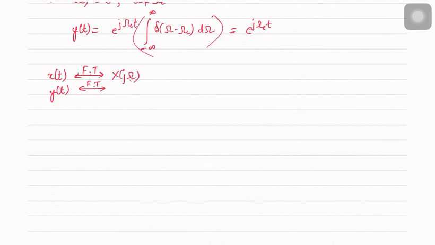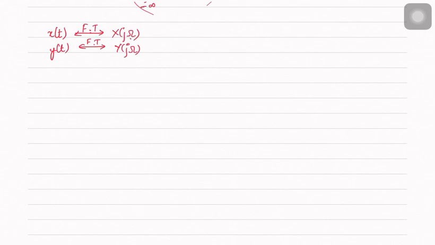These two are not periodic signals, or they can be periodic, it doesn't matter. Since we have defined this, the modulation theorem states that if I have a product, x of t into y of t,